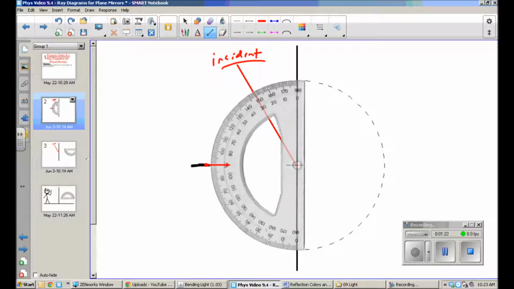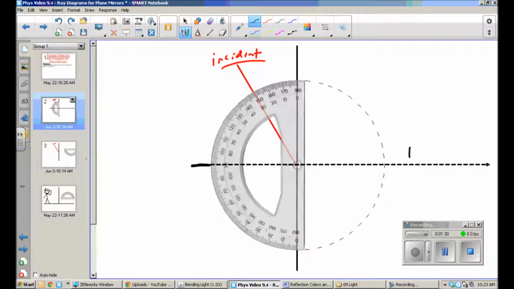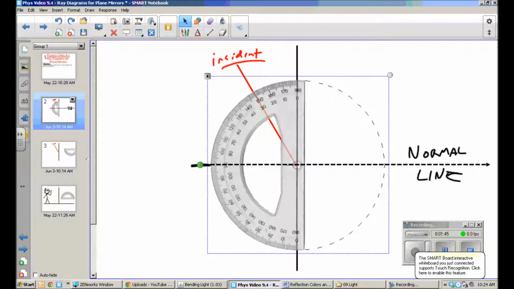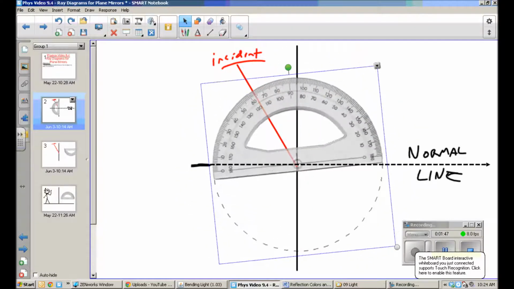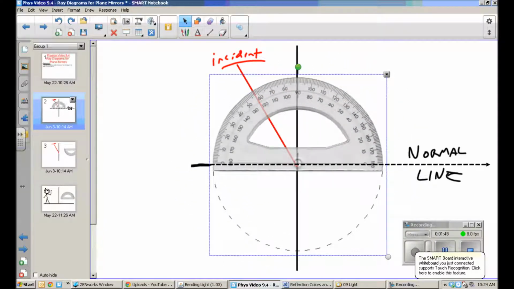You would use your ruler and draw in a dotted line like that to represent your normal line. Okay, so let's label that normal line. And then you would take your protractor and measure your angle of incidence. So in this case here, it looks like my angle of incidence is,